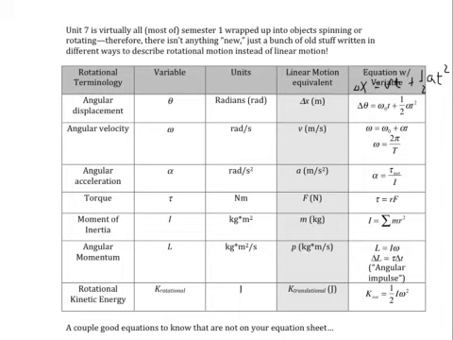Now, let's tie this to tangential velocity when we talk about circular motion. If we have something spinning in a circle, and we have 2 points on that circle, one a little bit closer to the center and the other further out, we learned in the last unit that the object that is further away from the center is going to be moving faster, because that radius is larger. With angular velocity, it doesn't matter how far the object is from the center of the circle. The angular velocity is going to be the same,